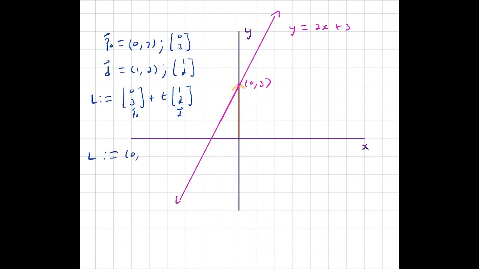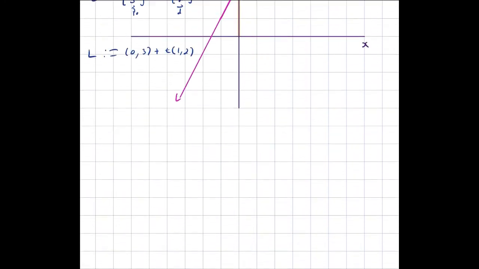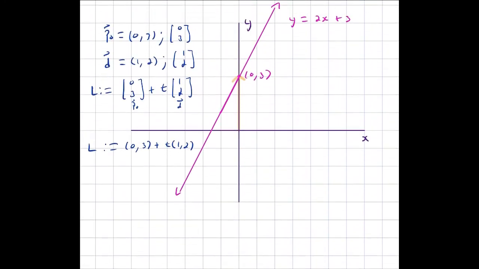It is going to be (0, 3) plus t times (1, 2). Now, what if we want to go... I just want to stop for half a second there to let people take that in. What if we want to, now let's immediately go the other way. What if